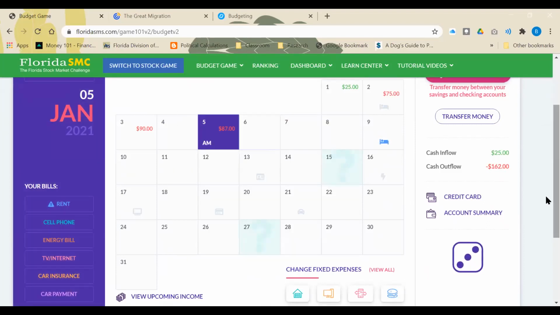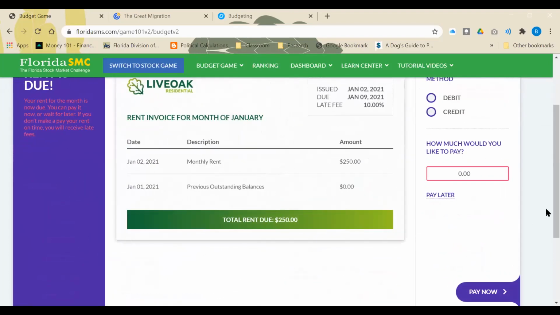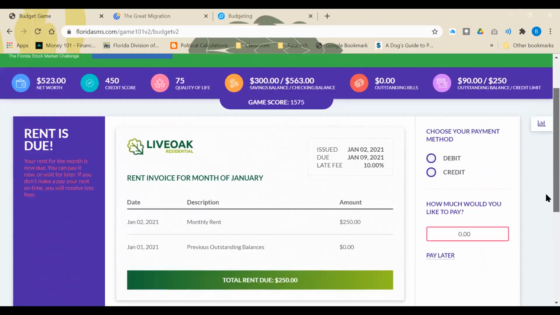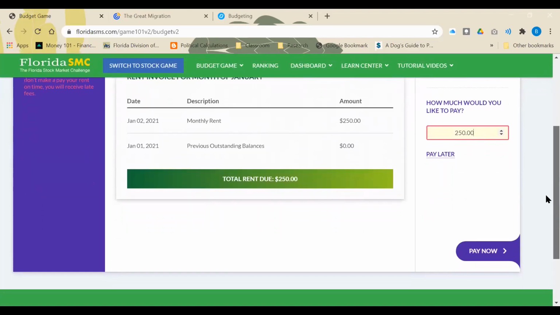Okay. Now I'm going to pay my rent early. I'm going to pay my rent now just to show you how it's done. So here is my $250. I have $563 left in my checking account. I'm going to use my debit card to pay my rent, and I'm going to pay it all. You can pay it in increments if you want. As long as you pay on time, you don't suffer any fee. So I pay it now, and